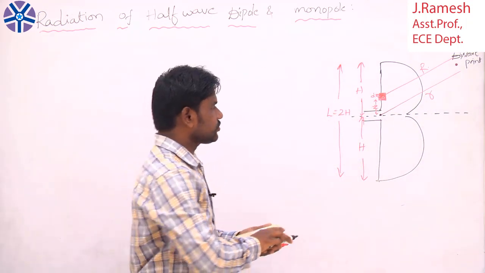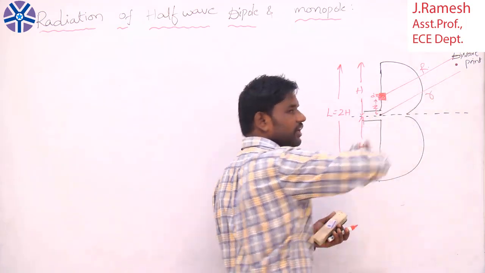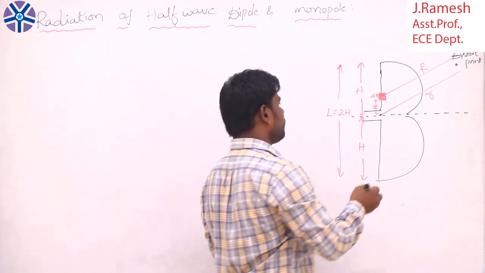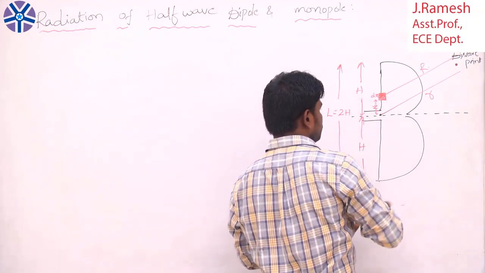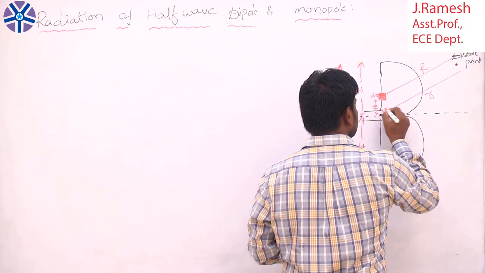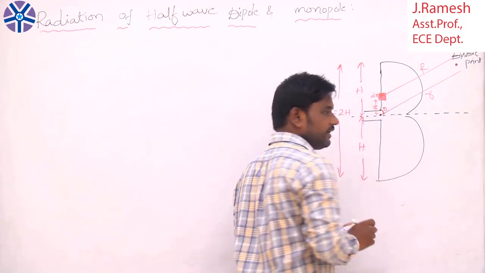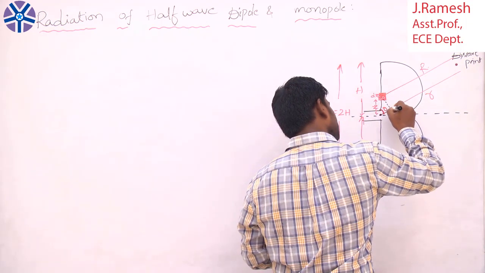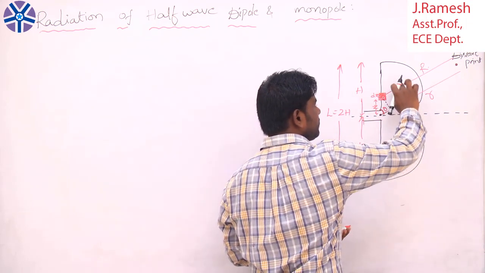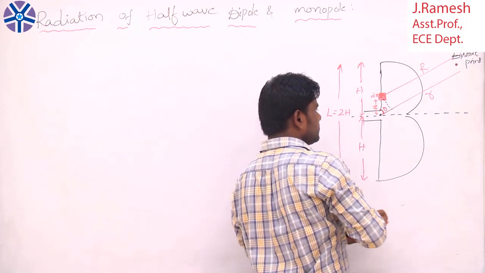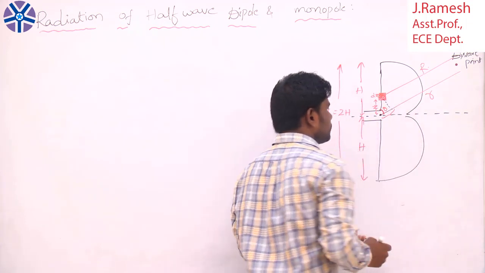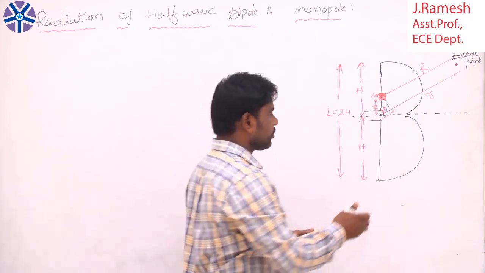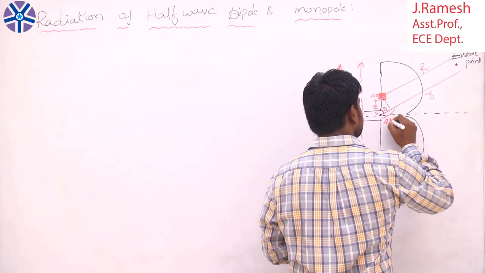But my question is, how can I relate capital R and small r? This is from the origin, and this is from our small element dz. We know there is an angle theta that it always makes with the origin. Now I draw a perpendicular line onto this. From here to here the distances are the same, but I need the small distance from here to here. The z element makes the angle theta, so I can see that this is z cos theta.